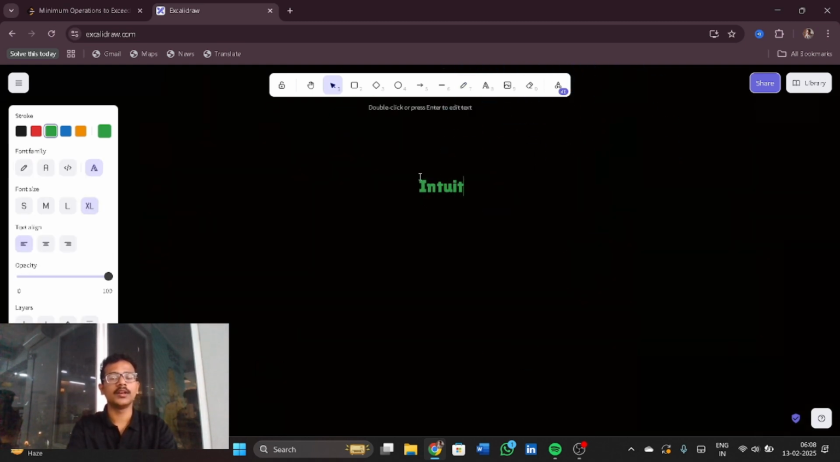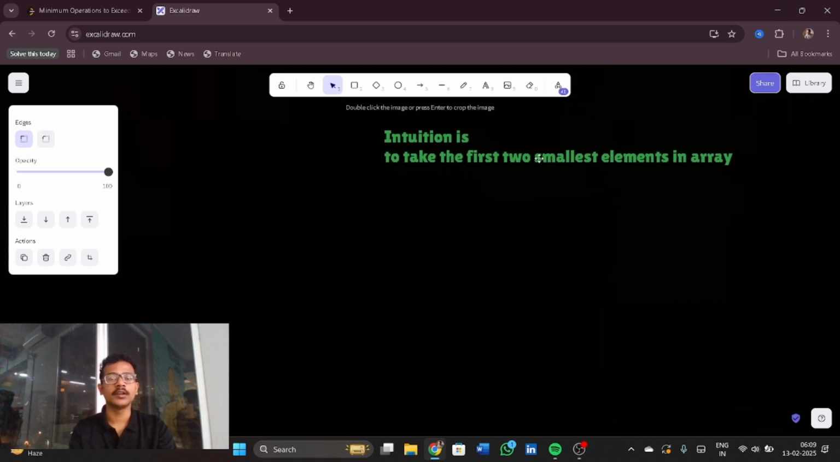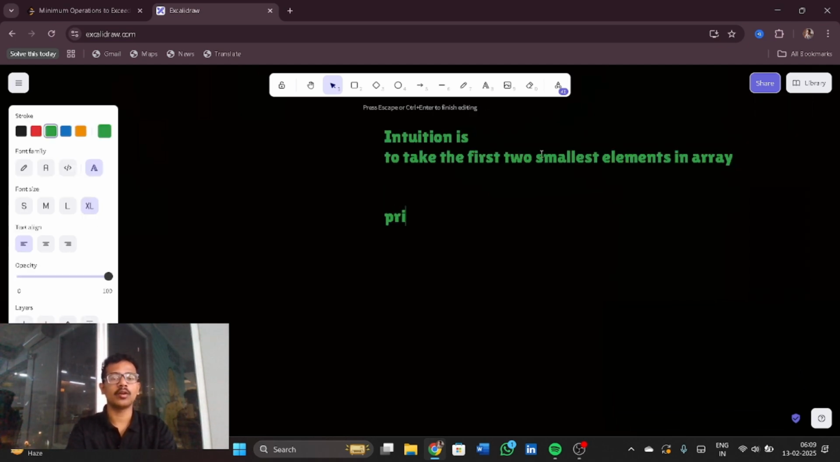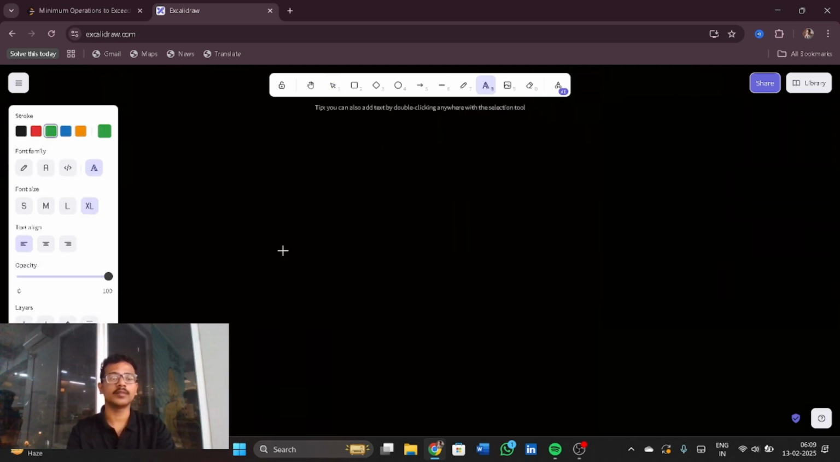So intuition is to take the first two smallest elements in array. So how do I take the first two elements? So I'll use a priority queue, that means where the smallest elements are present at the top. Now if I write the algorithm, it goes like,